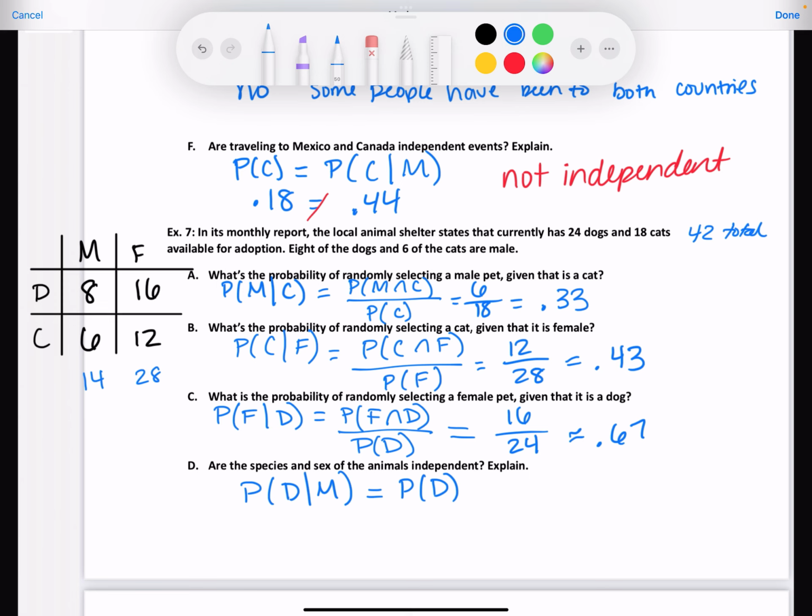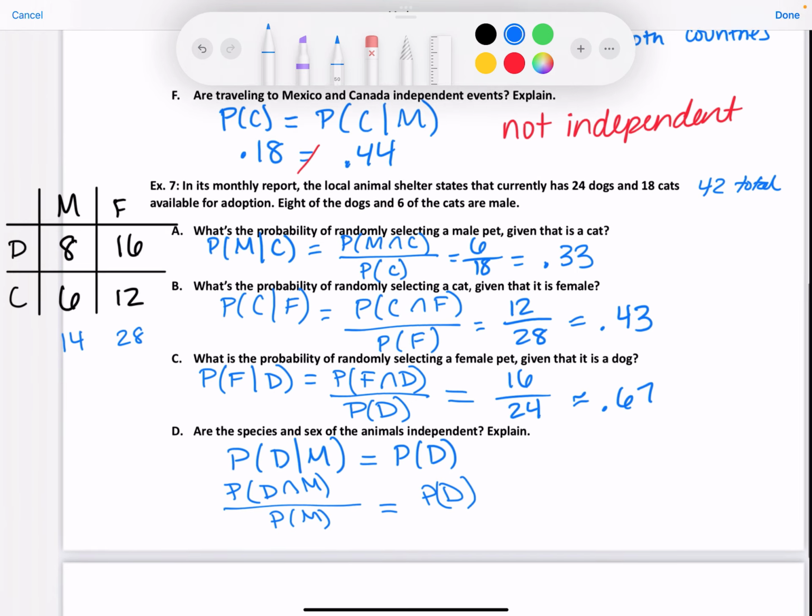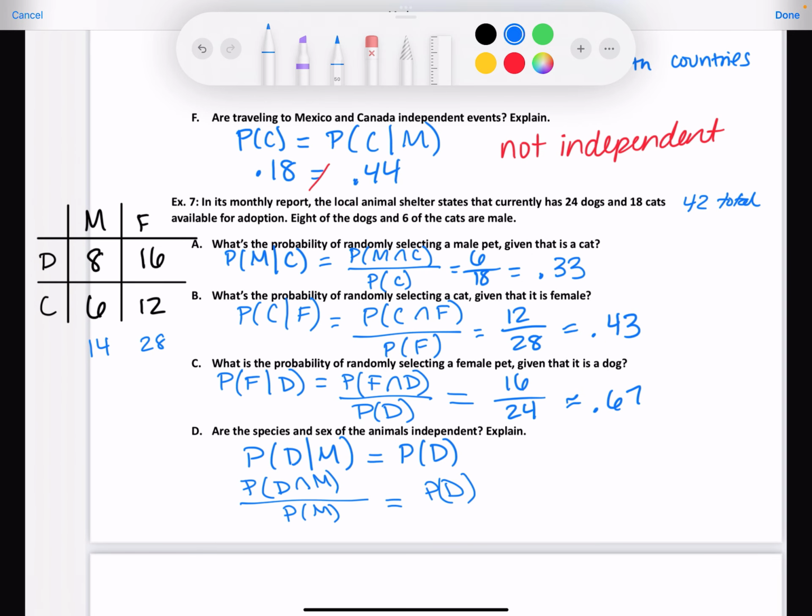So this is the probability of dog intersected with male divided by the probability of male, which should be equal to the probability of dog. So the intersection is 8 divided by 14, equal to the probability of dog,